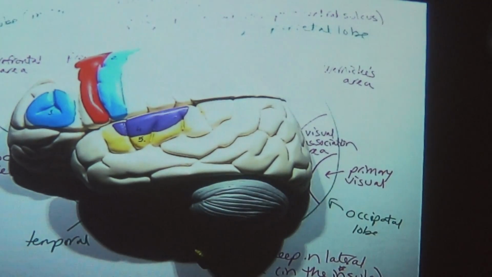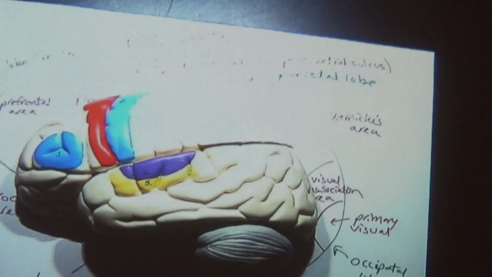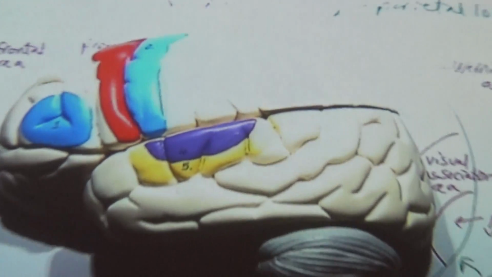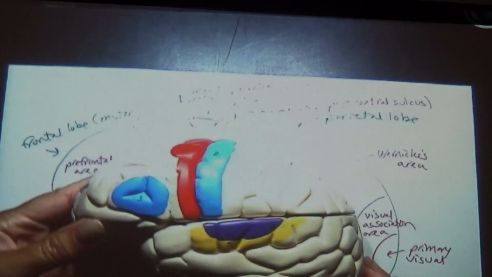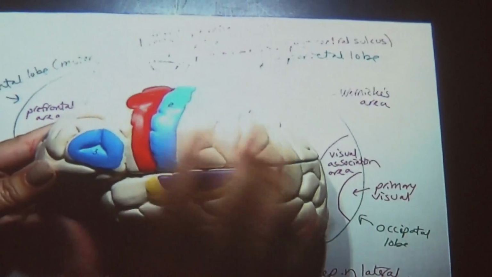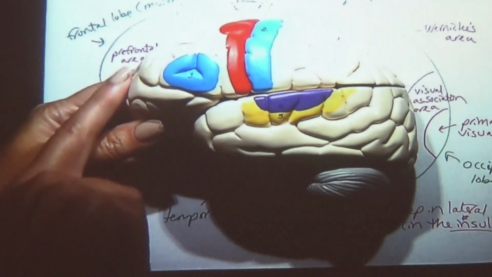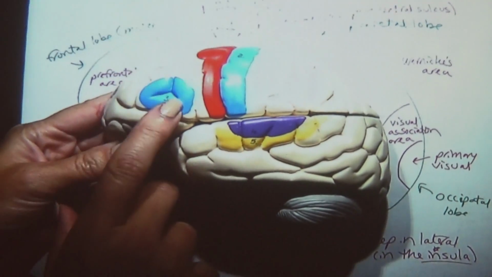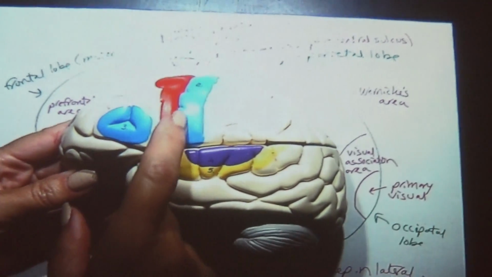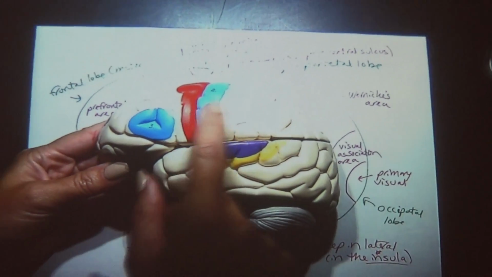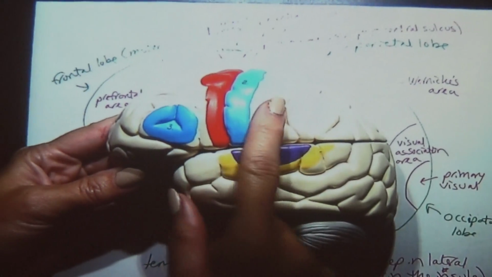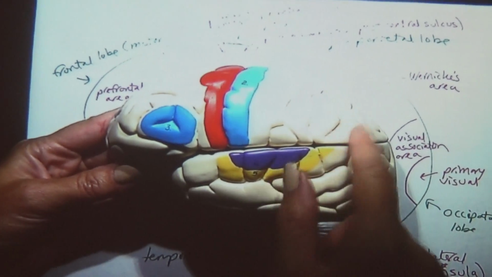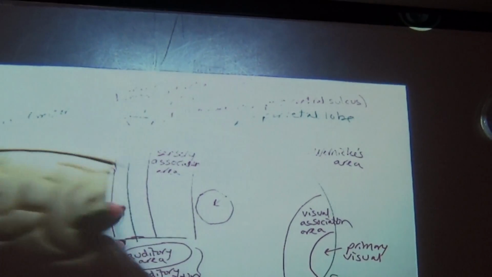So what it would look like on the practical, more like whether it's on the version of this that just doesn't have all the colors on it, or it might be this one, which is a little easier because it's got some more colors on it, just not labeled. Prefrontal, premotor, primary motor, Broca's, primary sensory, sensory association, Wernicke's is back here. All the way in the back, primary visual, there's a little green